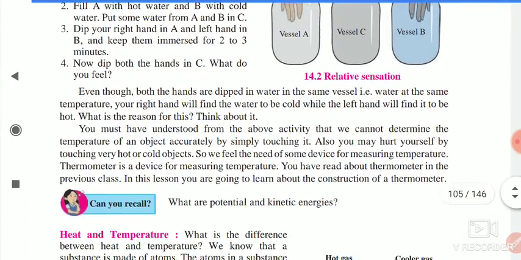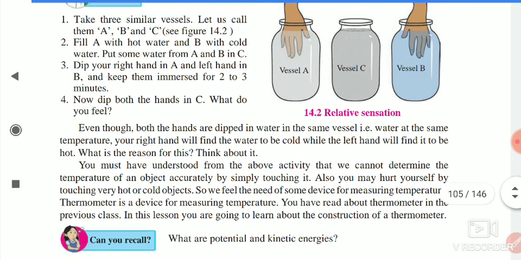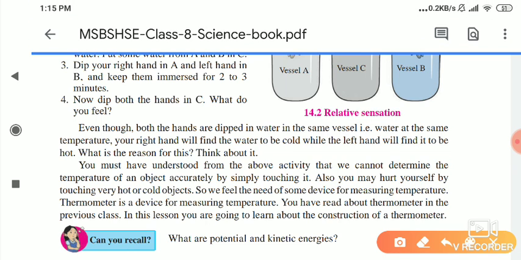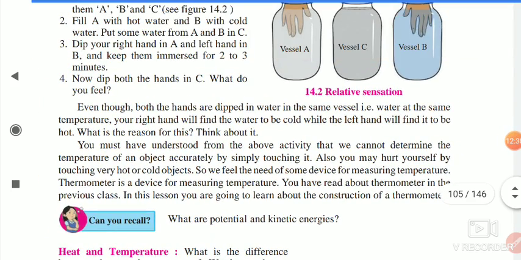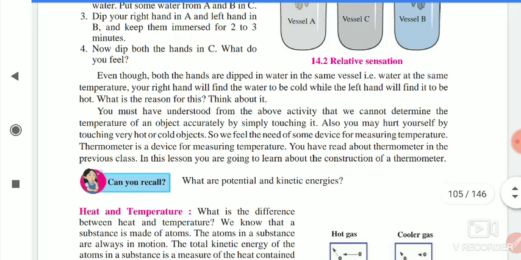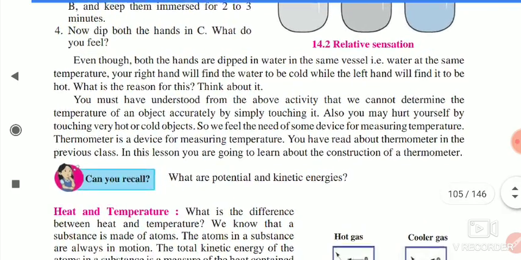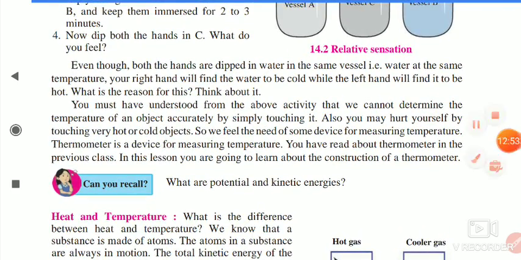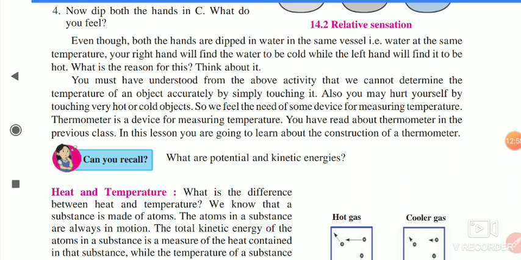Even though both the hands are dipped in the same water, at the same temperature, one hand feels hot and another feels colder. And just now I told you the reason behind it is the water you previously used. Now you must have understood from the above activity that